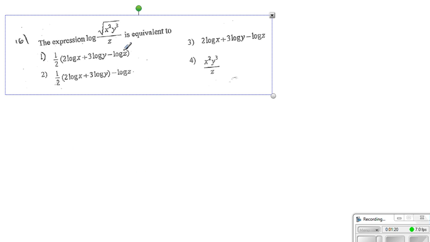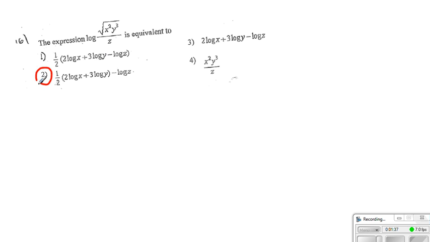Alright, so let's look at the next one. Similarly, here we have square root, that means 1/2. And then 2 and 3 are the separate exponents, meaning 2 and 3 has to be the coefficient of the logarithm. So we are looking at choice number 2. You see, number 1 is not correct because 1/2 is covering all three of them, while in fact square root is only covering two terms, or two factors, not all three. Alright,